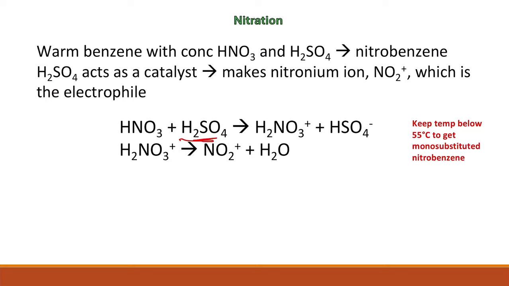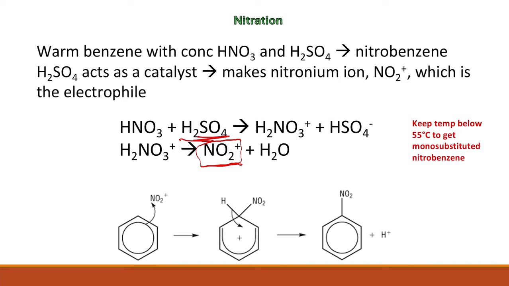Sulfuric acid here acts just as a catalyst to generate the nitronium ion, which is the attacking species. This is your electrophile. And for this reaction, it is the exact same mechanism. We don't need to repeat it. Remember that you need to keep the temperature below 55 degrees in order to get the monosubstituted nitrobenzene, because if the temperature goes beyond 55 degrees, then the nitrobenzene is still going to undergo another substitution to give you the two substituted, 1,3, and the 1,3,5 substituted